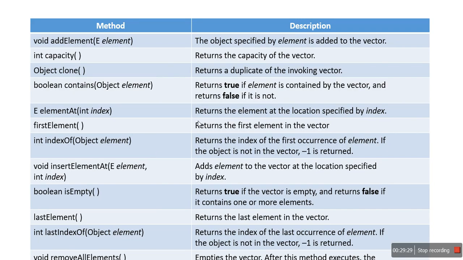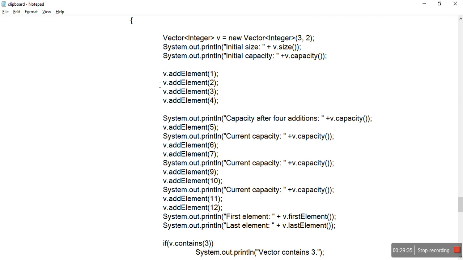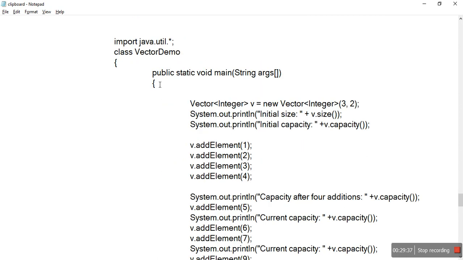Next we'll see an example of how a vector is used. The vector class is available in the java.util package. We created a class called VectorDemo.